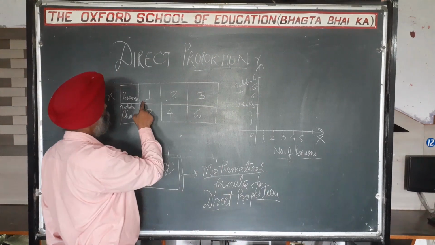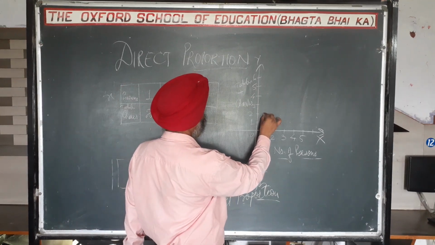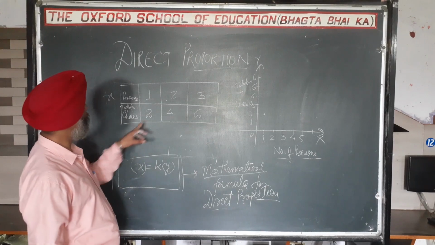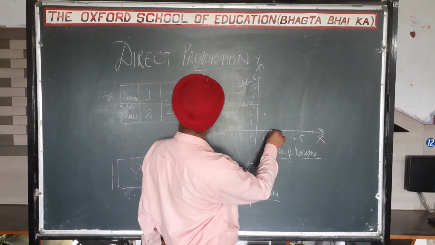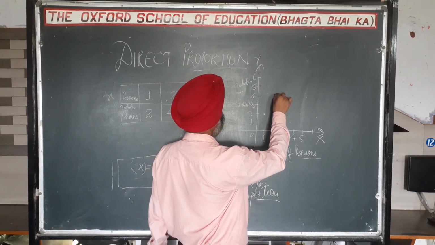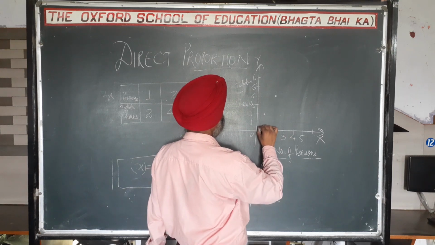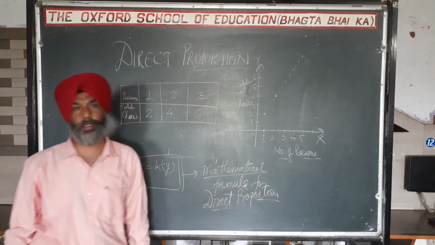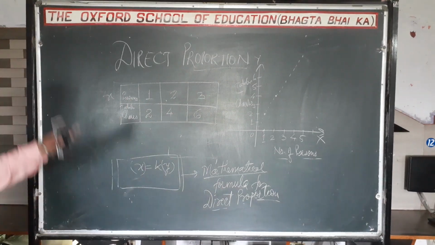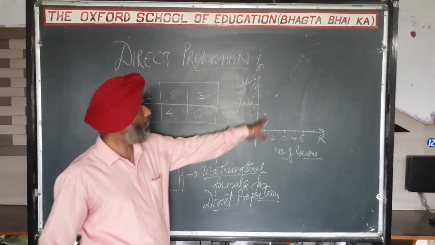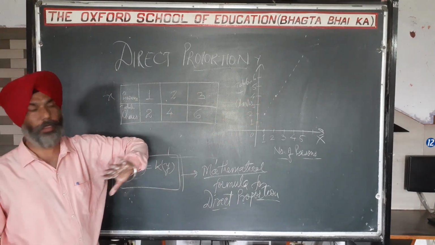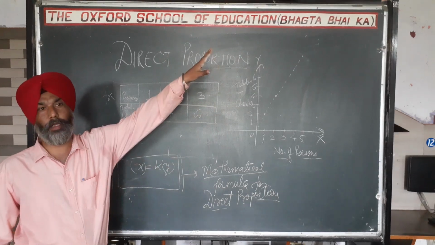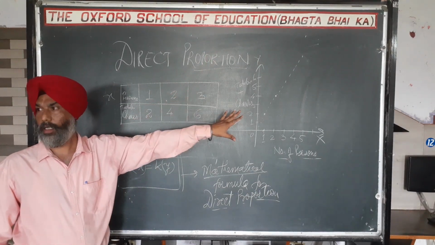So the first person needs two tables and chairs. Let me draw a small pointed notation there. For person 2, I now need 4, so I point at 4. Hence we observe that this type of line will come, showing us that the variation is constant. The quantities are correlated constantly, and a constant graph will come. Am I right? Agree with me?